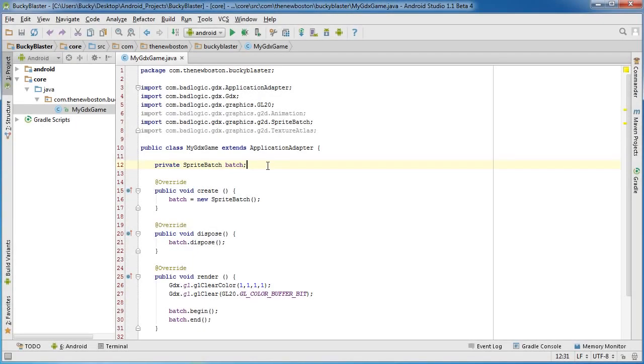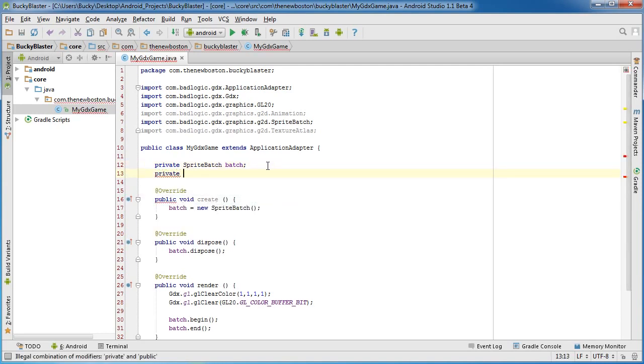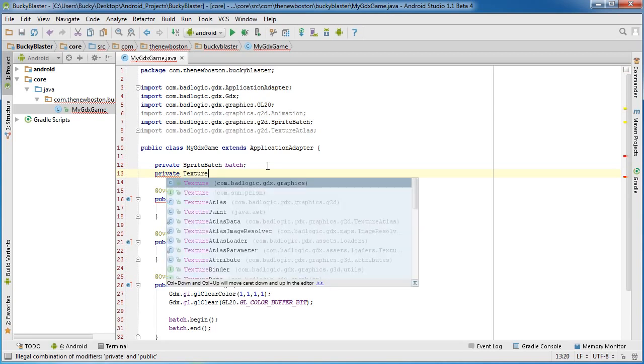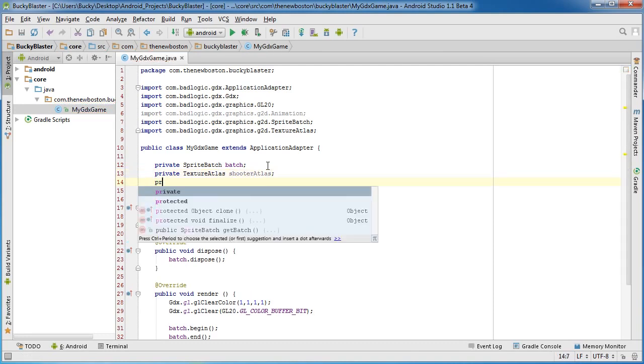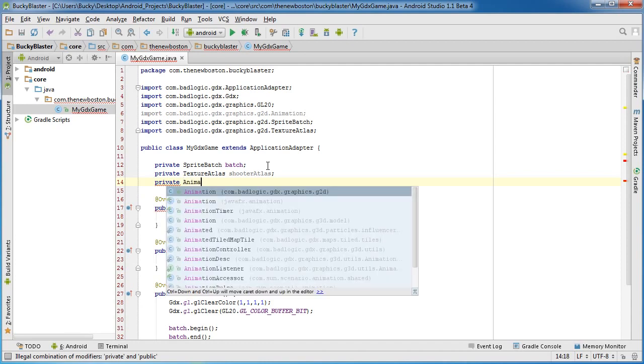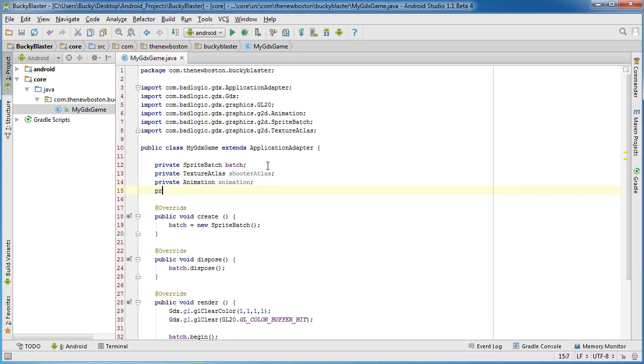Alright, now in your code, let me go ahead and show you guys how easy this is. So we're going to declare three variables. The first one needs to be a reference to the texture atlas, and you guys already know what that is. Just talked about it. The next thing is going to store the animation data, essentially saying what images we want to use for the frames and how long they're going to last. Do you want your image to appear slow, fast, whatever, all that good stuff. I'm just going to name mine animation. And the last thing we need is a variable called time